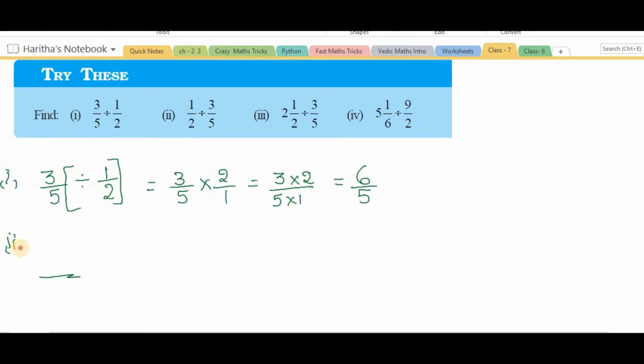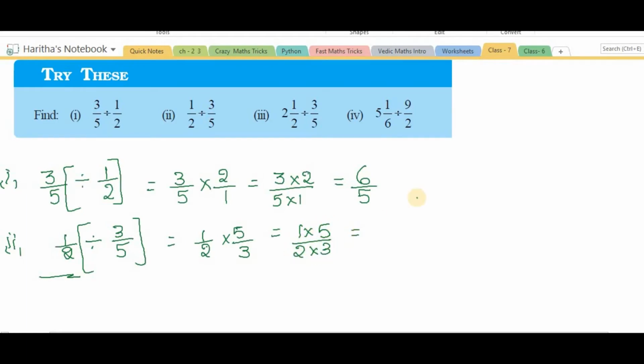Now in the same way, we'll move on to the second question. 1 by 2 divided by 3 by 5. Just now I said we have to follow the reciprocal for this. The reciprocal of 3 by 5 is 5 by 3, and cancellations are not there for numerators and denominators. We can go for multiplication of numerators as well as multiplication of denominators. Now we will multiply numerators. 1 5s are 5, 2 3s are 6.